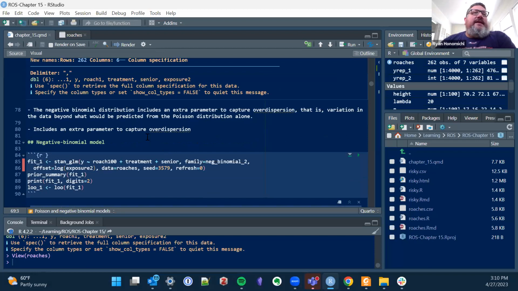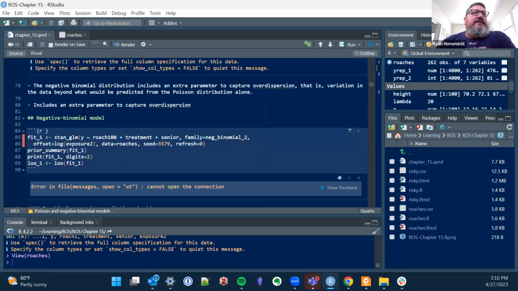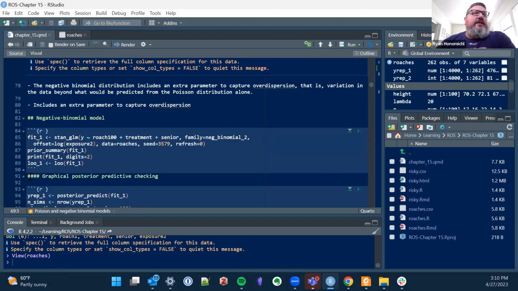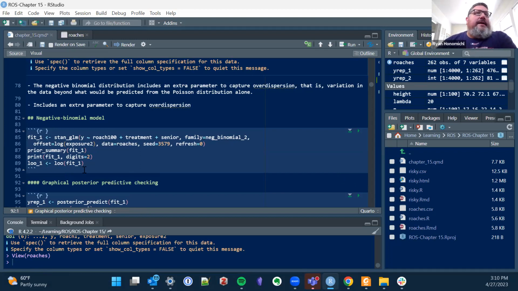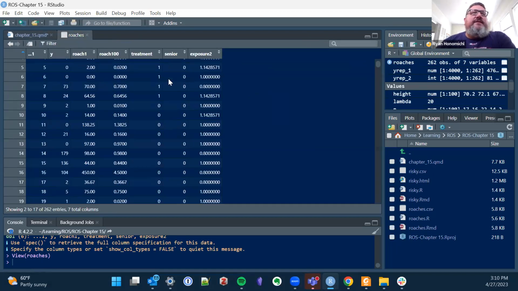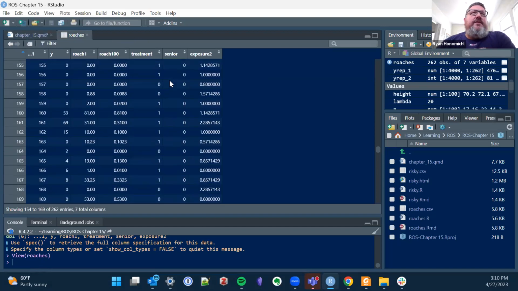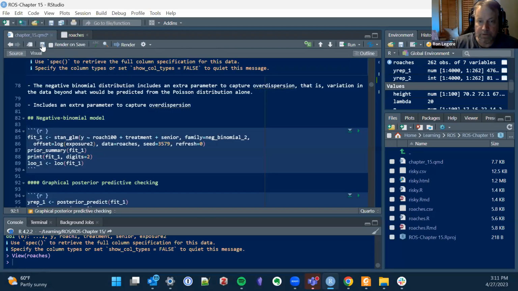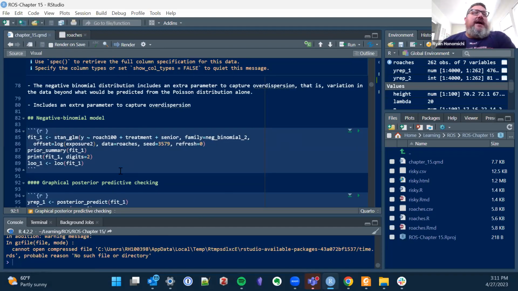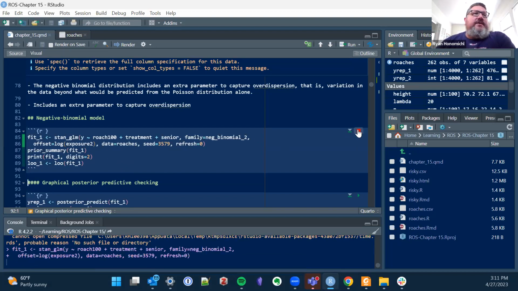So basically here's what I'm going to do. I think this was all done in the book. Some of the stuff that I have, I actually ended up working on one example from the back of the book or from other stuff. Now what I'm doing here is, do you remember what senior? If it's a senior living quarters, whatever it was. Oh, right. Okay, so we're going to fit a model.